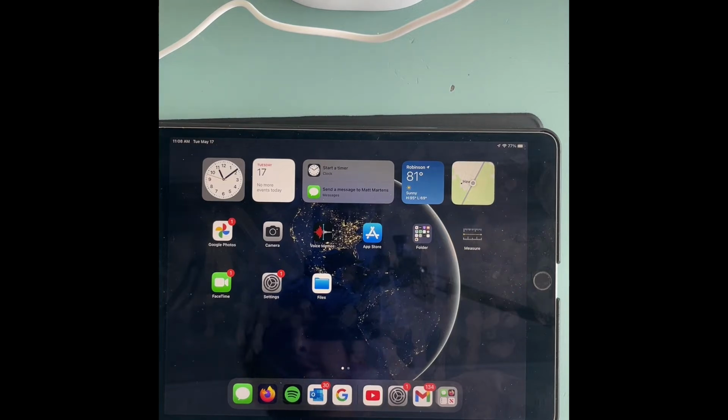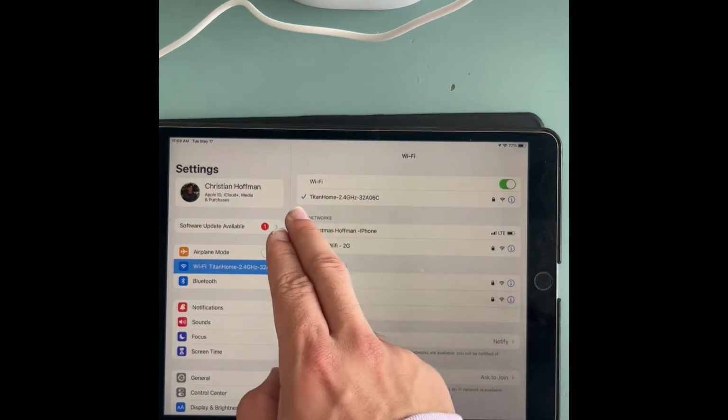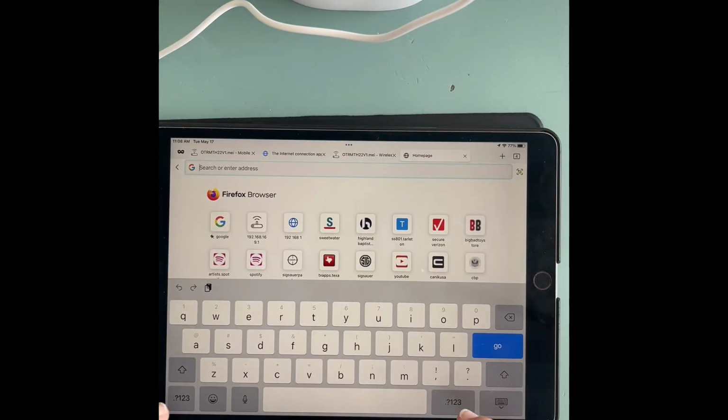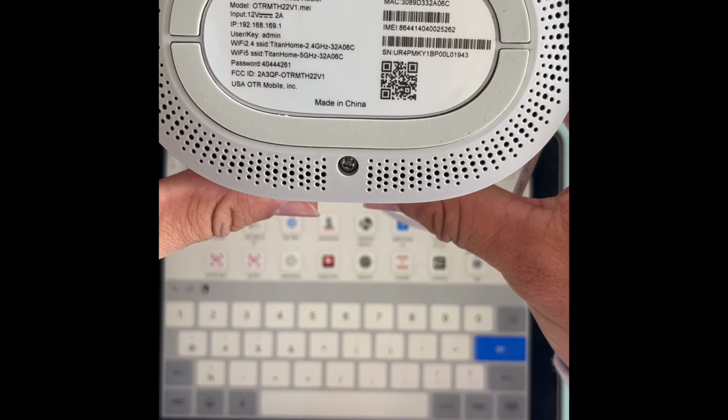So first thing we want to do is sign in to the settings. Make sure our Wi-Fi is on. So we are on Titan Home 2.4. That is awesome. We're going to go to Firefox. We're going to open up a new web browser. We're going to type in the IP address that is found on the bottom, just like we have in the past videos,